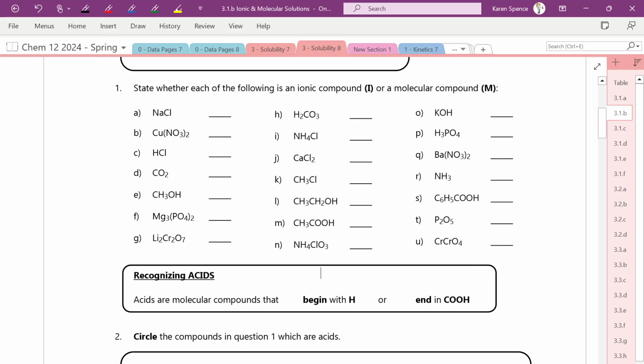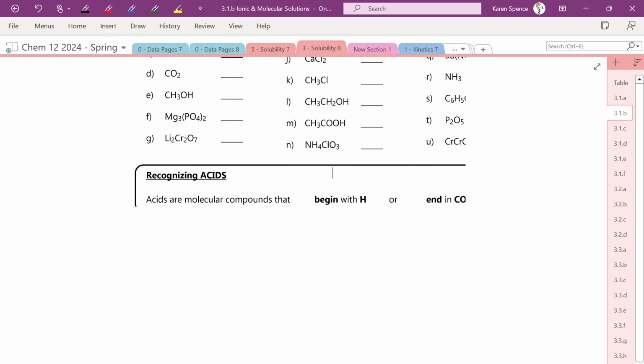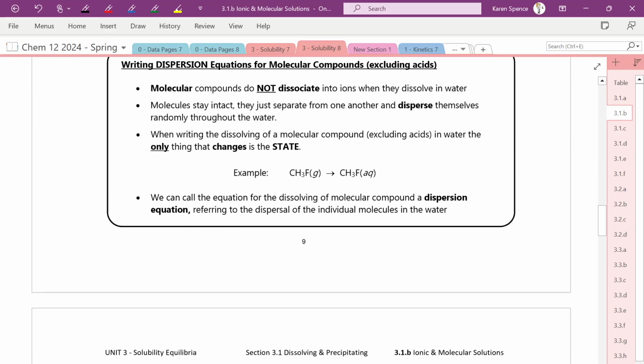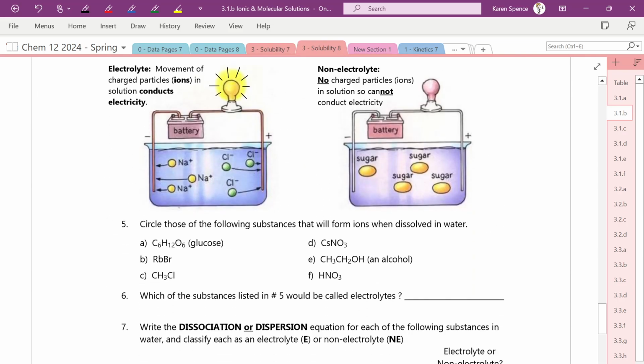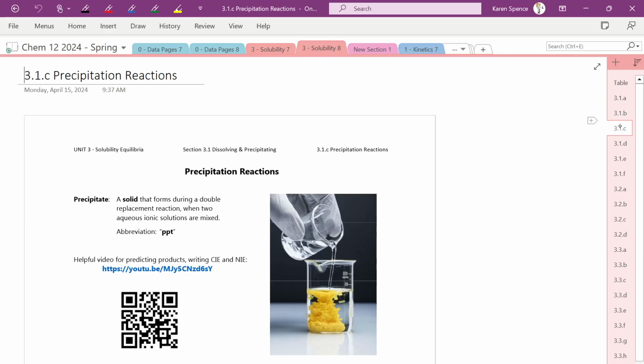For example, can you point out an alcohol on here? Can you guys see an alcohol? Any alcohols? CH3OH is an alcohol. Is it going to conduct electricity? No. All right. So there's a bunch of things. Recognizing acids, writing dissociations, writing dispersions, recognizing electrolytes and non-electrolytes. You know, just do every other question or whatever. And now,